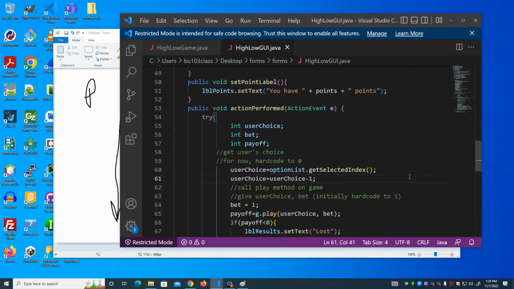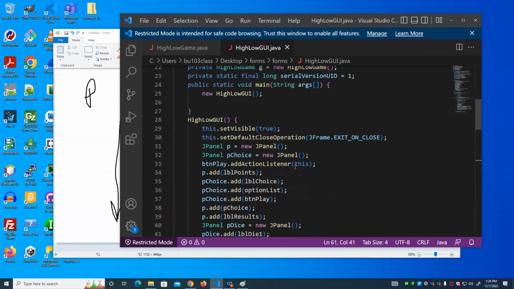So here we get the index. That's the position of the item that was selected in the dropdown. We subtract 1 from it to change that from 1, 2, and 3 to 0, 1, or 2. How do I know all this? Well, I can look up